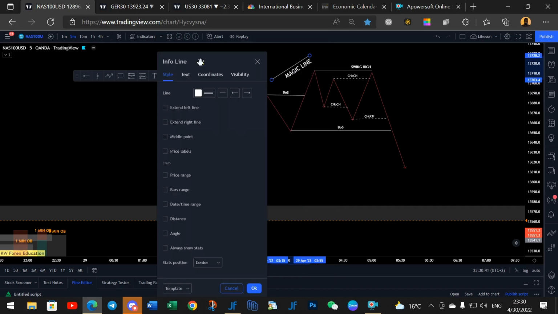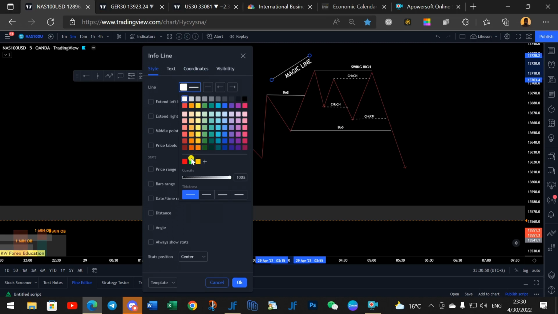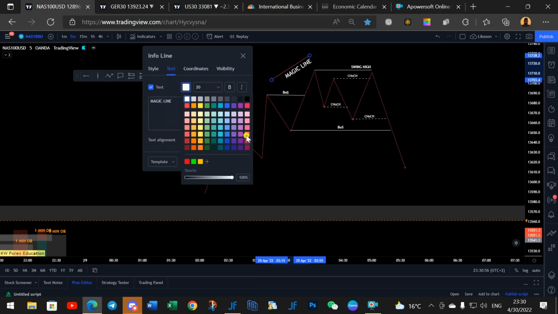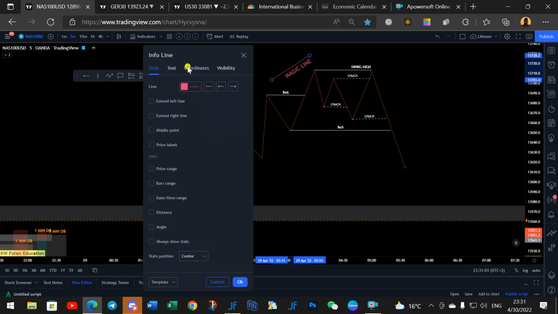Whichever way, whichever settings for whichever the functions for your magic line, you put everything you need. You change the color, whether it's pink. Maybe also the text you'd also want to put it the same color as your magic line. When you are done, when you are satisfied, okay, this is how my magic line is supposed to be looking,